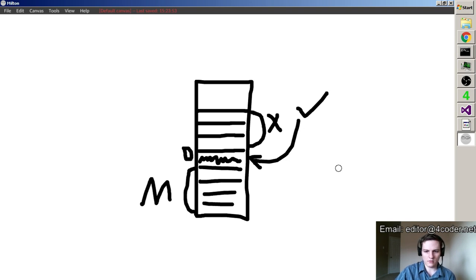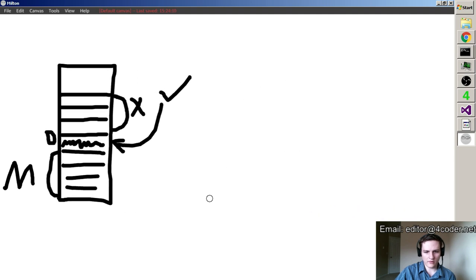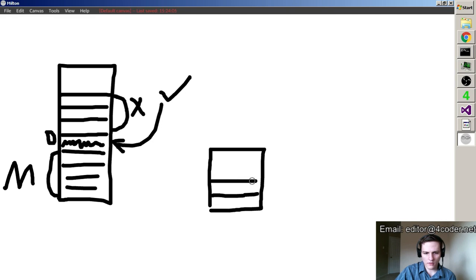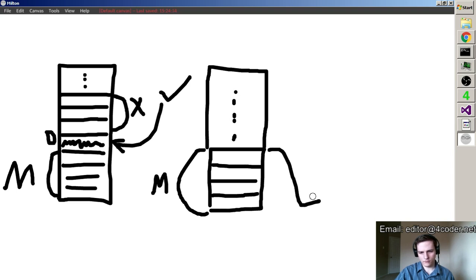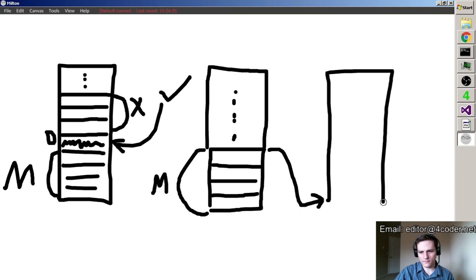On a real coroutine, the difference is that you have a main stack, and it could have more space above here that it's not using. Here's your main, and when you call to the real coroutine, that first frame that has a jagged line is actually at the bottom of a separate stack.